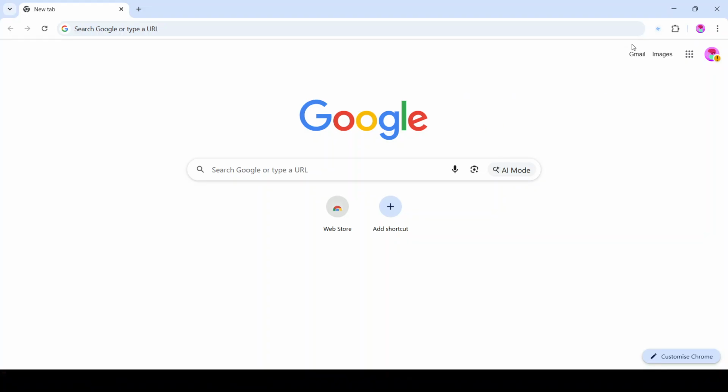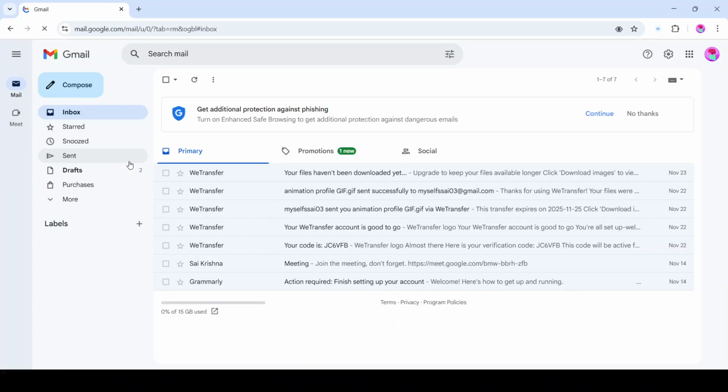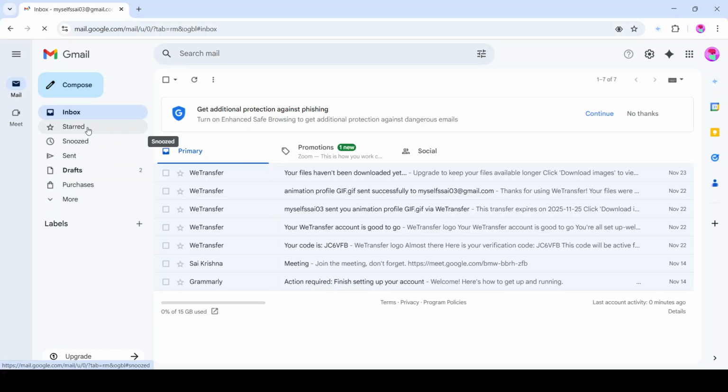Firstly, open your Gmail account and have a look at your inbox. As you sift through it, you might notice that emails are arranged by the date they arrived, with the newest at the top. While this is the default setup, it might not always be the most efficient way to access important communication swiftly. To begin sorting, locate the sidebar on the left, an essential tool that gives you multiple ways